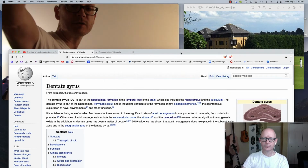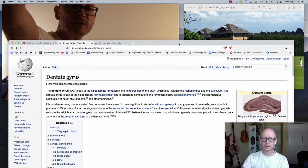Okay, folks, here we go again. My focus, what's been on my mind continually for days now is the dentate gyrus, or dentate gyrus, however, tomato,